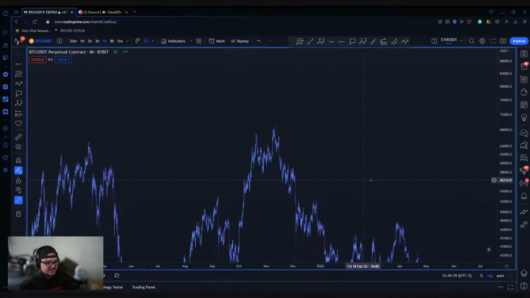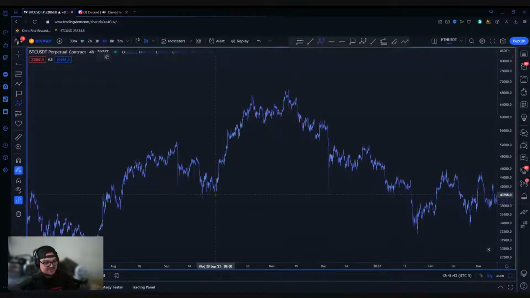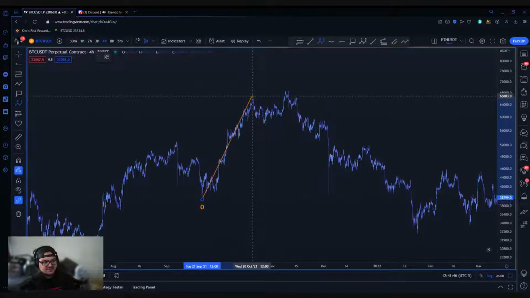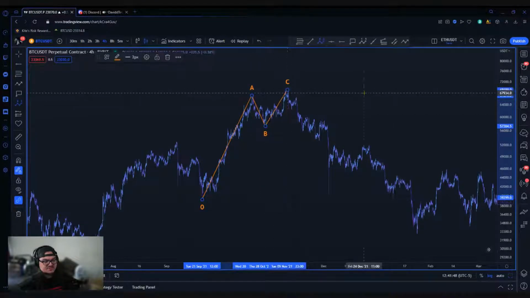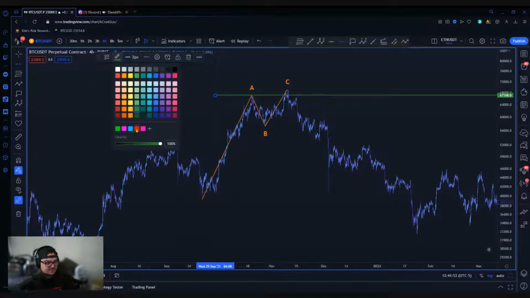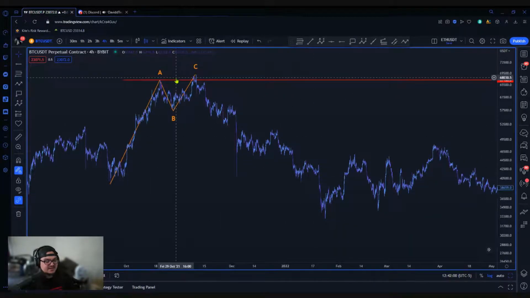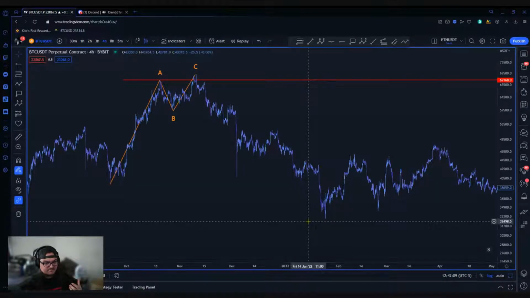Probably one of the best examples that I like to go back to, over the past year or so, is basically the top of the bull market. We were able to short the top, and this is the position I did take, and I held for a while. Unfortunately, I was not using the continuation method at the time, but I took profit based off of local supports. But what I found over the past couple of years doing this is that the continuation method offers different layers of benefits.